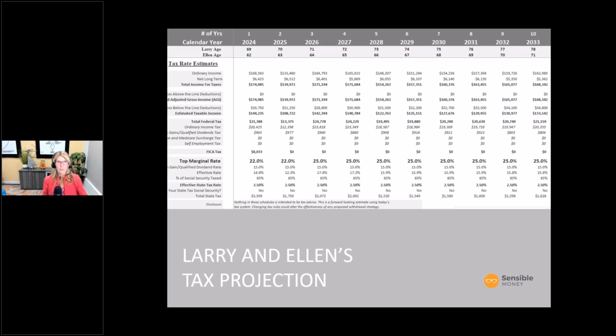In some plans, there would still be this difference between Larry's 69 and 73 when his required minimum distributions would start. You've got Social Security kicking in here at 70. That can often limit the opportunity to do Roth conversions. So that results in these tax rates being pretty static. Hopefully that answers the question. In their case, there isn't really an opportunity to do it.